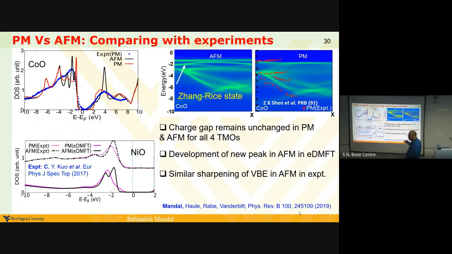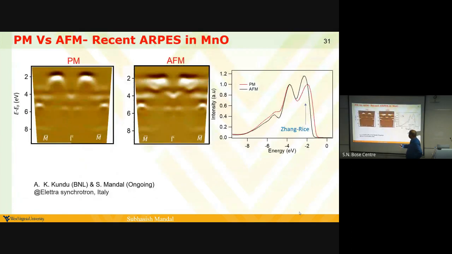For example, people have done this with XAS. They have looked at the oxygen cage, and this pre-peak in the oxygen K-edge is a proof of that. But if one does that XAS in the paramagnetic and antiferromagnetic phases, they are going to see some change in the peak. So has it been seen other than in the IPES? Yes, this was an XAS, and this is also an XAS.